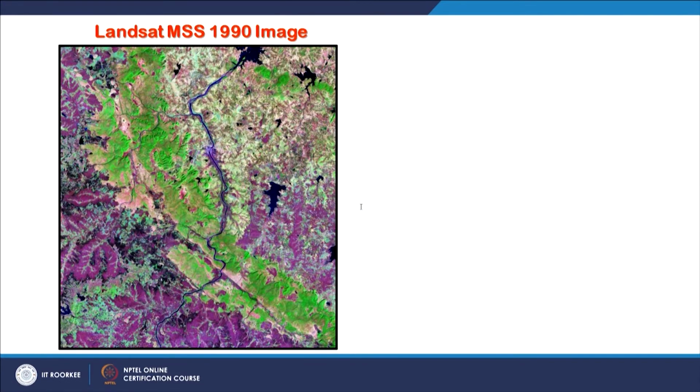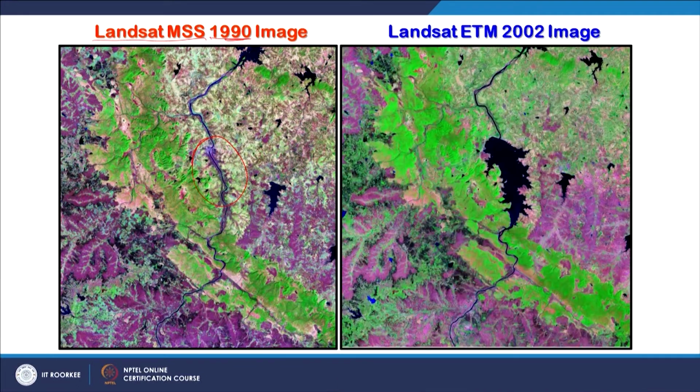One more example from the same reservoir. This was the year 1990, from a Landsat MSS image. The project was just taking shape, and see what happens. This is 2002. A large area became green. This is again true color images. So a reservoir, whether small or large, will recharge the groundwater regime, particularly in hard rock terrain. And the benefits downstream or in the vicinity will start coming in 2 or 3 years' time.